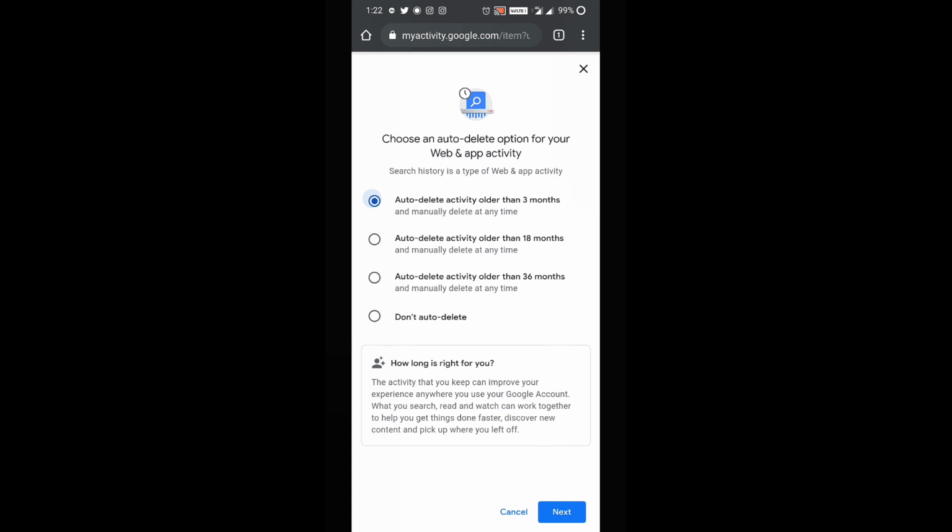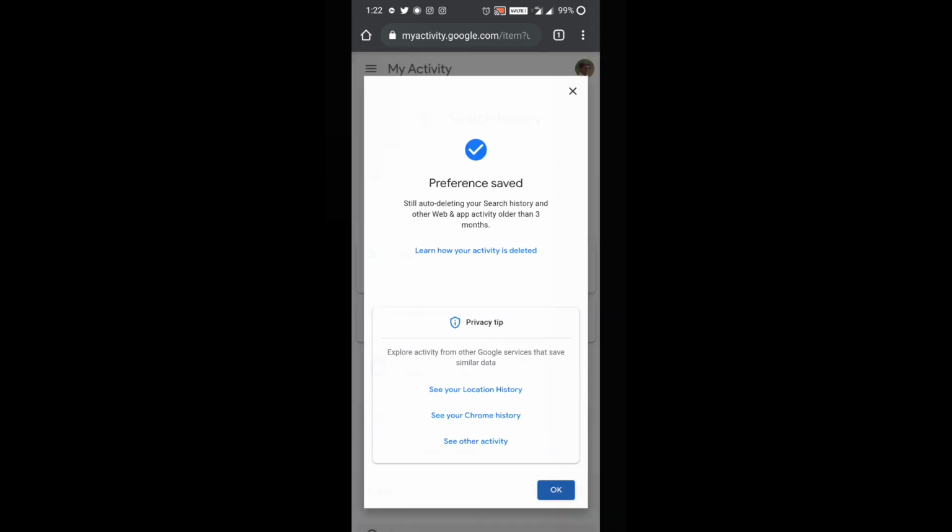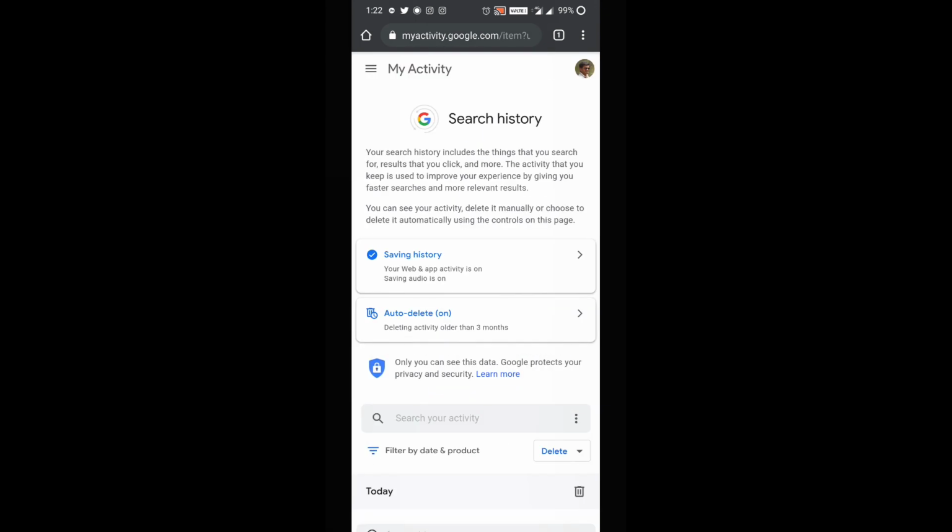You can select 3 months, 18 months, 36 months, or do not delete. Here I have selected 3 months and clicked next to proceed. Now my preference is saved. It means after 3 months, older web activities will be deleted automatically.